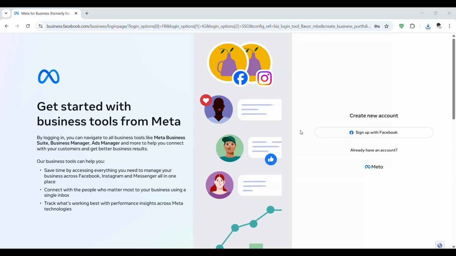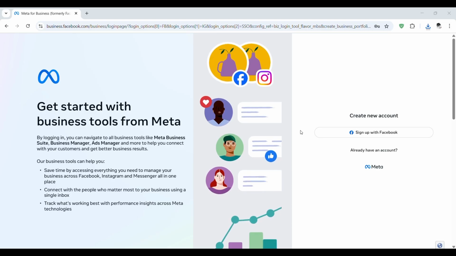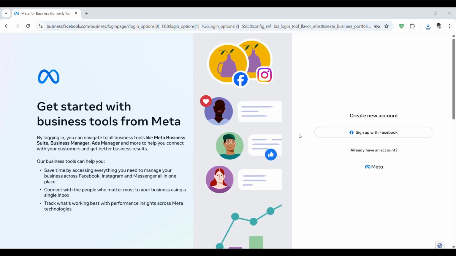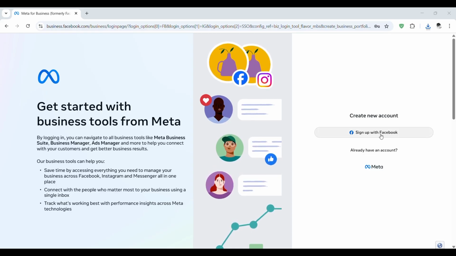Hello. Today I will explain step by step how to create a Facebook business page. Facebook business pages are an extremely effective digital tool for promoting your brand, interacting with your customer base, announcing your